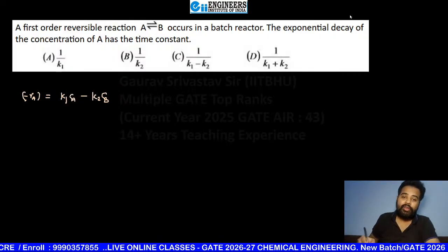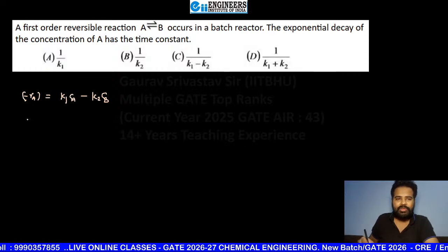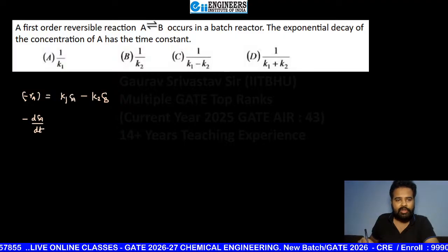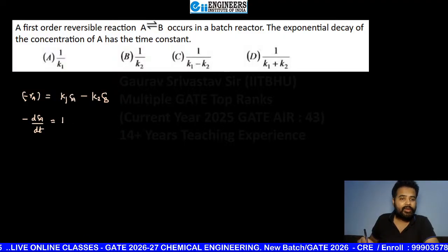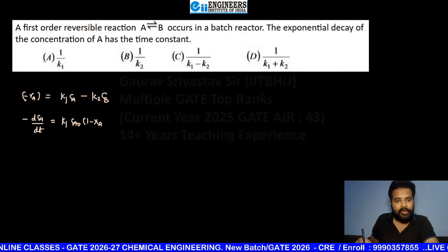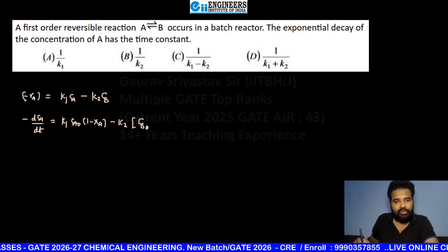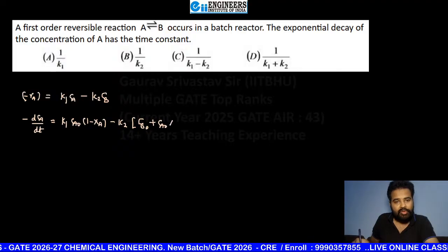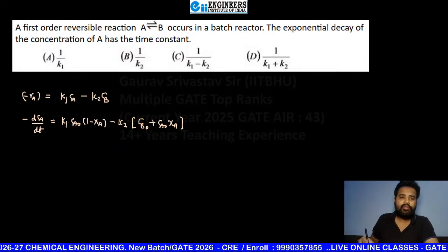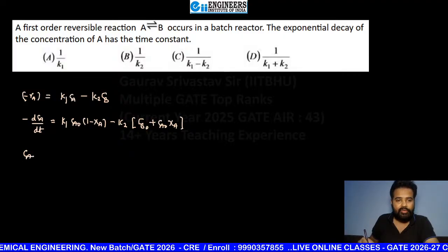And now here you all know what we can put in place of Ca and what we can put in place of Cb. So nothing special I am going to do. Just in place of this Ra I am going to put dCa by dt, because moles are clearly constant. And here in place of Ca I can put Ca naught (1 minus Xa). And here in this Cb I can put Cb naught plus Ca naught Xa. Very, very easy. We already solved this dCa by dt in terms of conversion for epsilon equals 0, and we got Ca naught